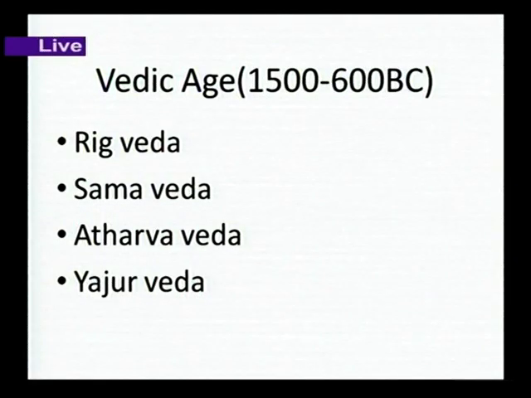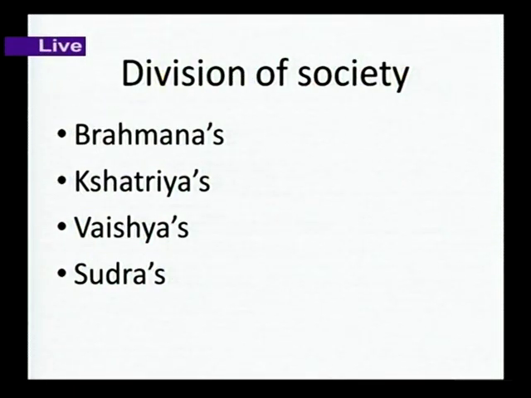Going further, after the Indus Valley civilization, we have the Vedic age. The period starts from 1500 to 600 BC. In the Vedic age, we learn about the 4 Vedas, that is Rig Veda, Sama Veda, Atharva Veda and Yajur Veda. These 4 Vedas explain to us about who lived after the Indus Valley, that is Aryans in North India, Dravidians in South India, what was their culture, what type of society they had,